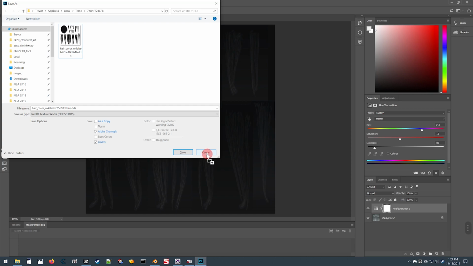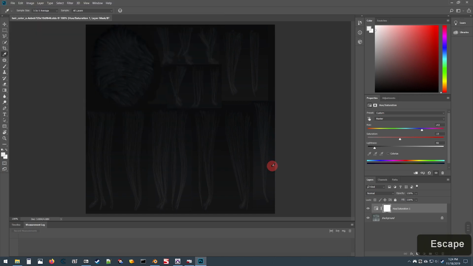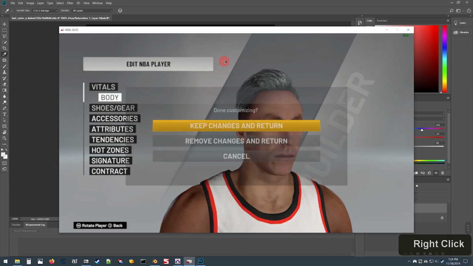It doesn't really matter though if you want to drag a file out to your desktop, edit it and drag it over, whatever floats your boat. But so I've made my changes. Now we're going to take a look here,